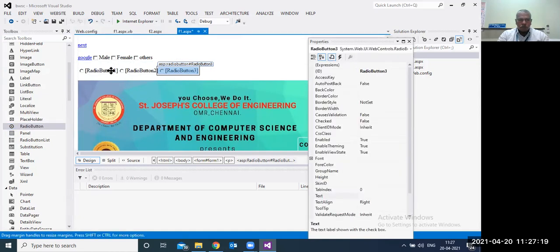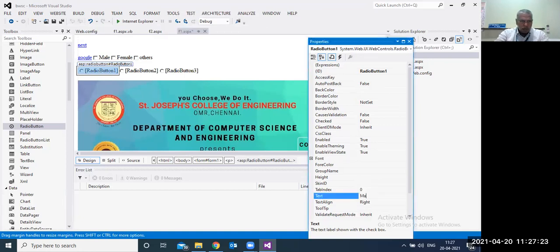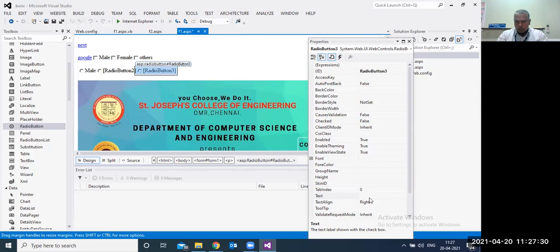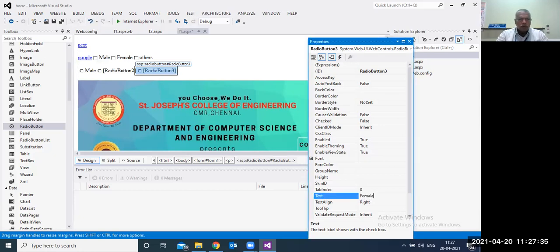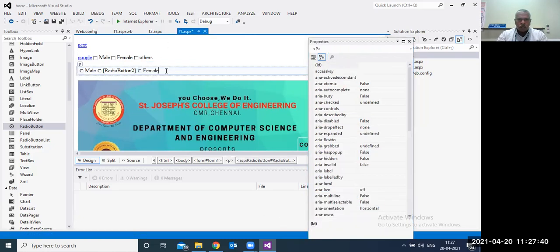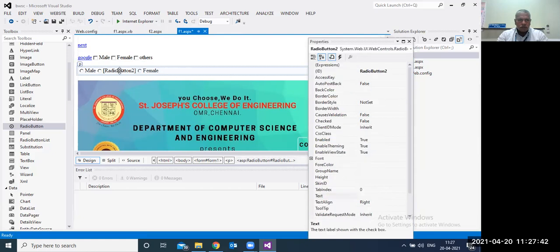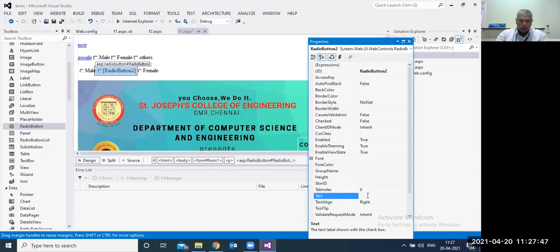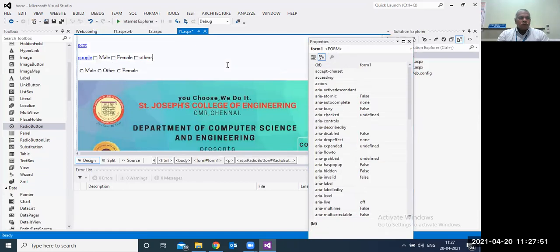We will see. This radio button I will make the text male, this one female, and this one others.